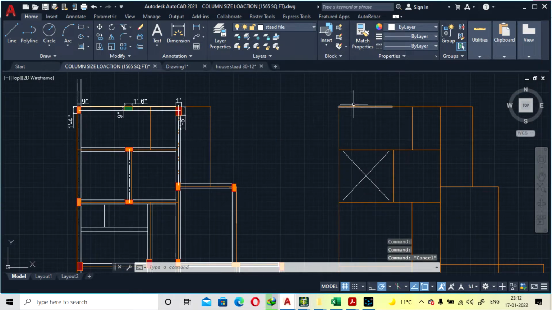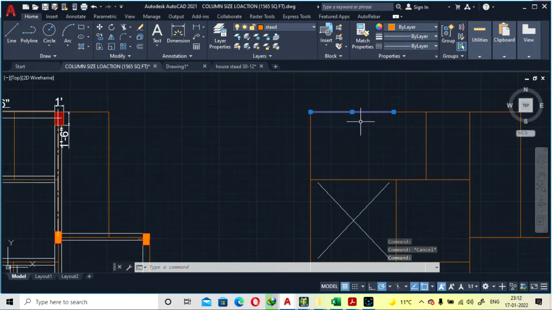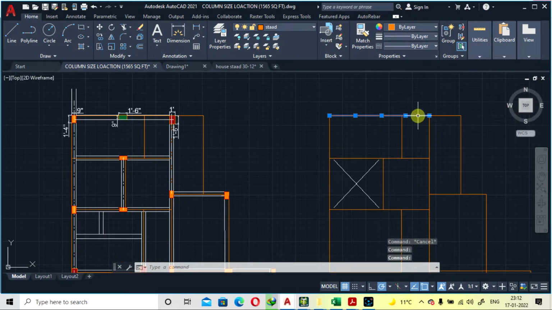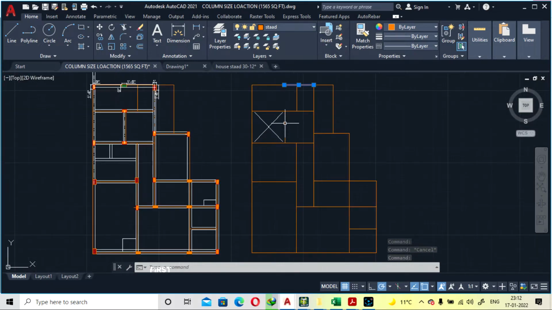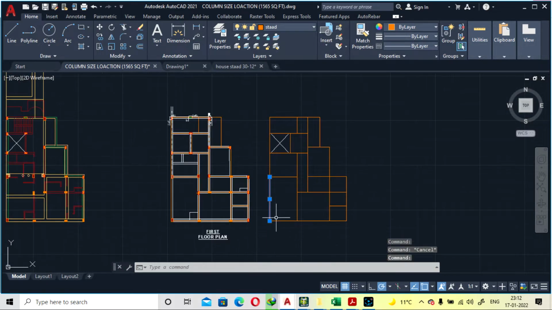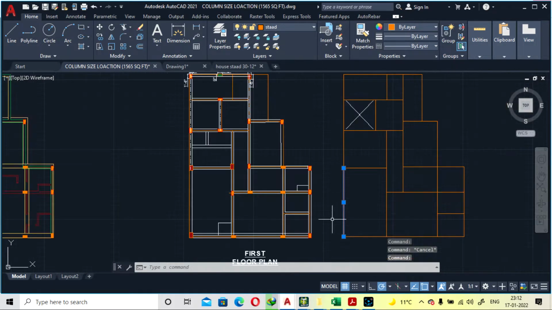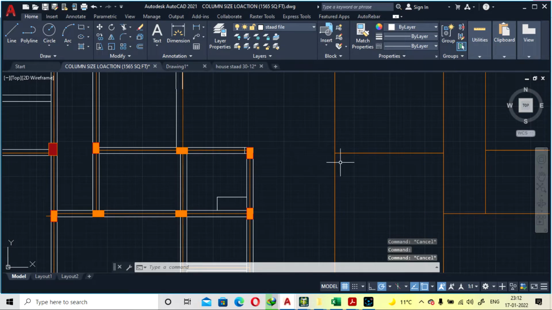Now if we click on this, see here, this is the column. So this will be the column, this will be the beam, and again this is the beam. So this grid. We have followed the same procedure for all the lines. If we click this line, this is a column, this is a column. So center to center we have taken, and the beam we have made.